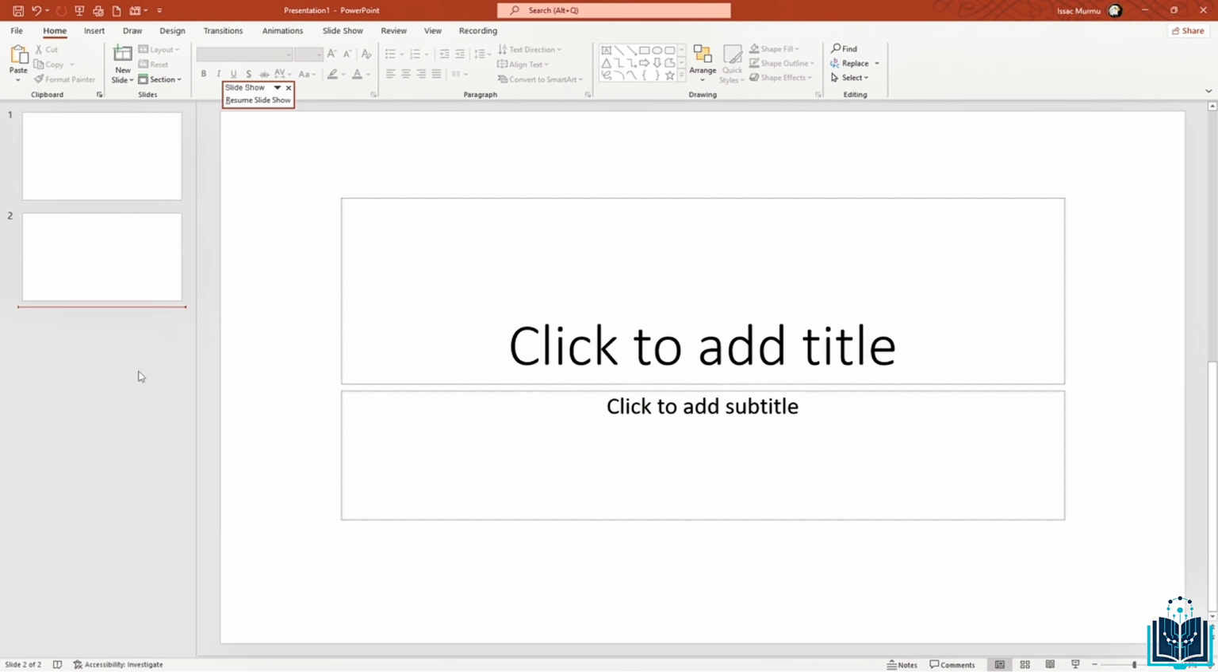Okay, and the center area is the slide workspace. This is where you will create and edit your slide content. You can type text, insert images, shapes, charts, and use design features from the ribbon. Let's say